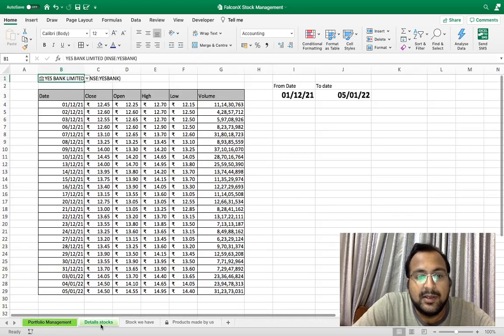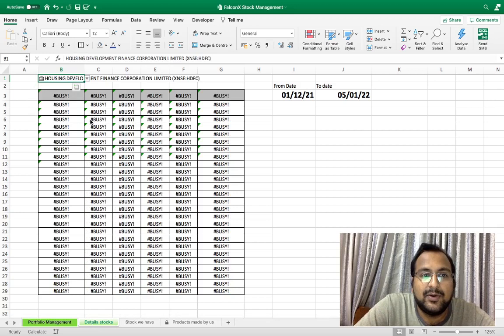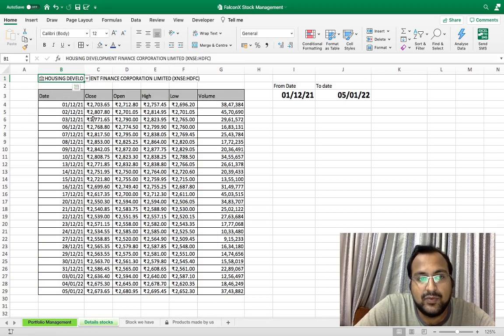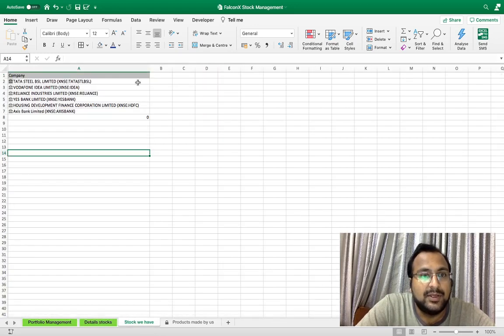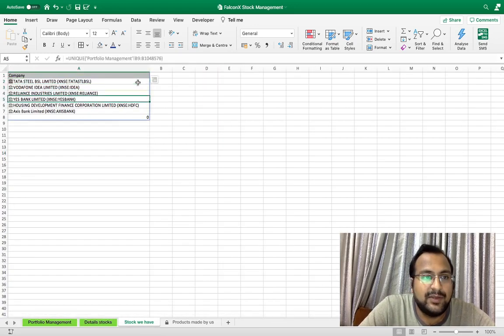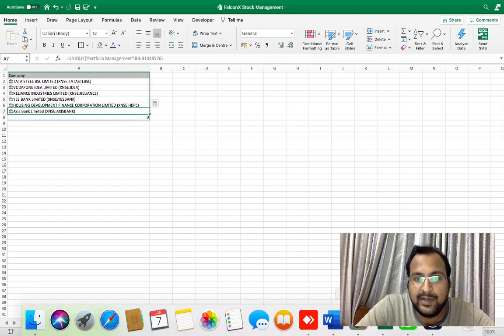And here are the stock details. For example, you have just added Axis Bank here. If you want to see which amount, you have to come here, and here it will be automatically reflected. It will take 2 seconds to update, and here you can see from which date to which date you want the data, and it will populate it down here. So automatically the number of shares, the shares which you are having, all the names will be highlighted here. So this is the utility which you can easily find on our website.